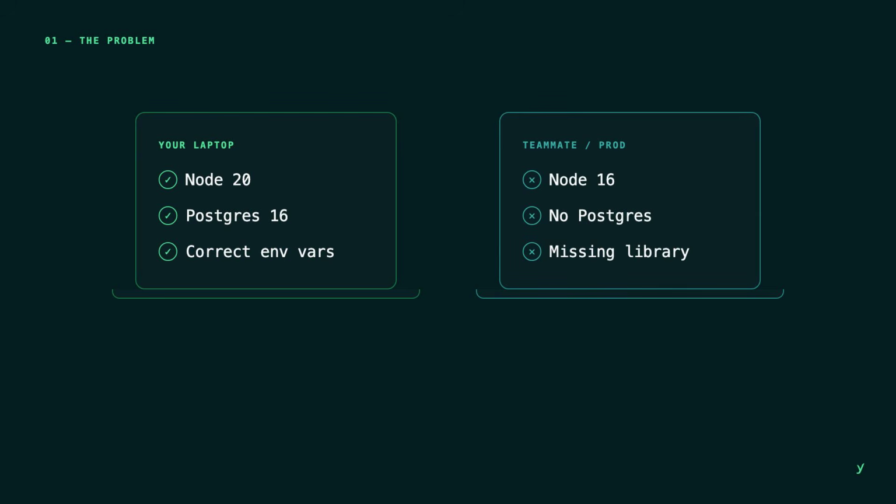Software doesn't run in a vacuum. It depends on a specific runtime version, system libraries, environment variables, a database being present. Your app works on your laptop because your laptop happens to have all of that. Your teammate's laptop doesn't, and neither does the production server. So things break in ways that are miserable to debug, and someone says the four most expensive words in software